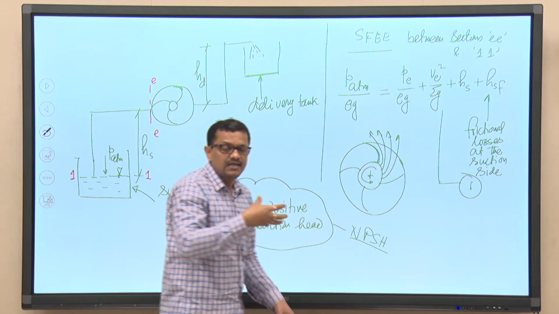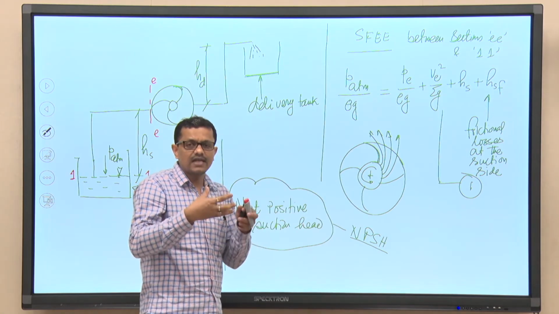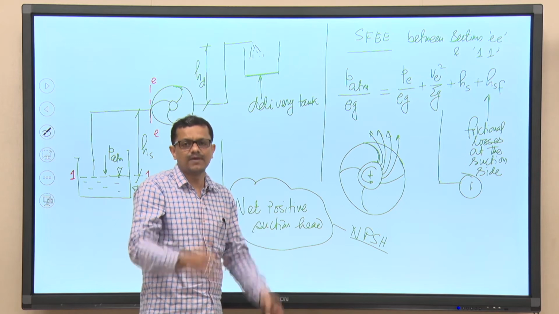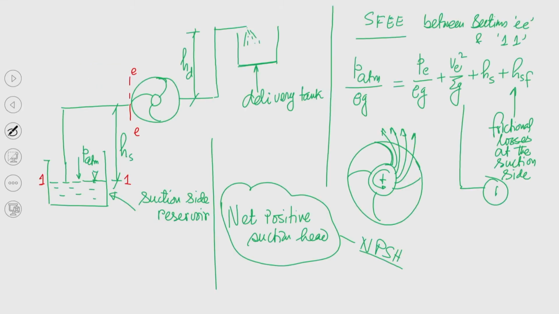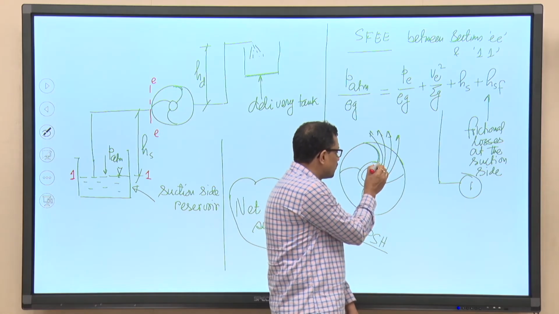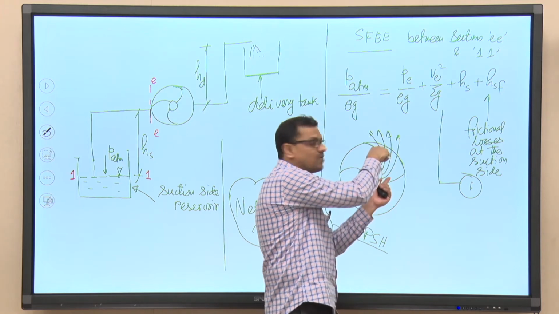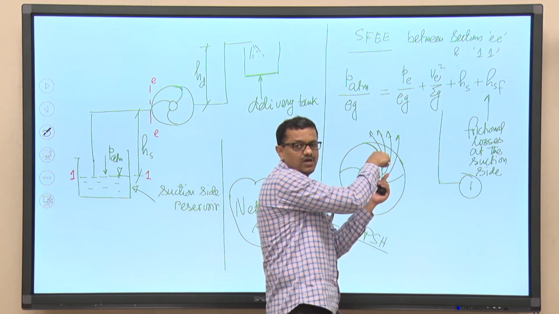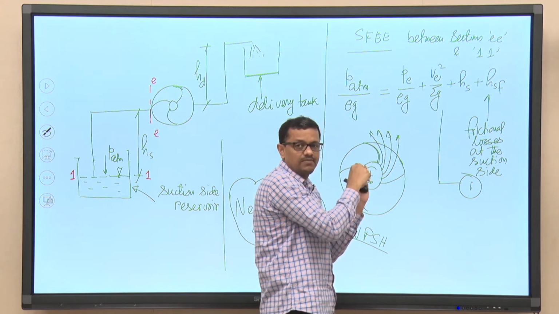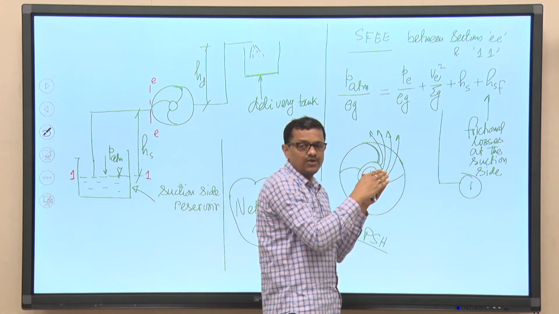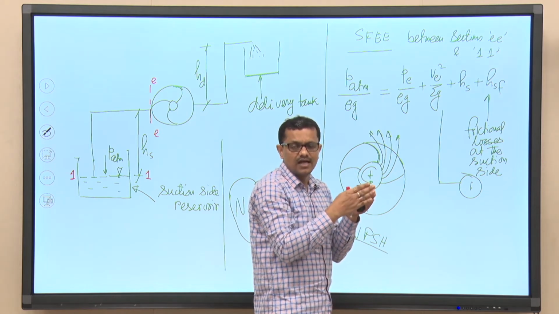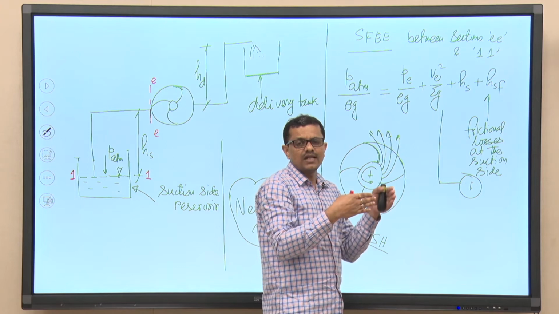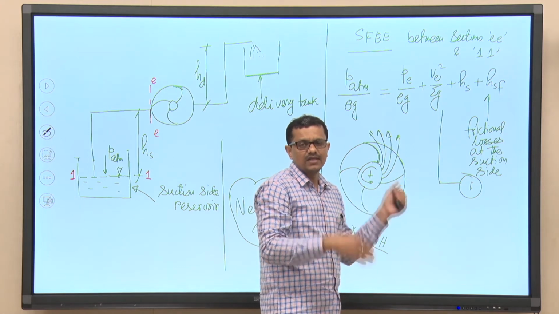whether that total head is above the head corresponding to the vapor pressure or not. So if we try to recall what I told, when liquid is moving towards the inner side of this flow passage, which is already there between two consecutive blades, the liquid will accelerate, flow velocity will be higher because of the reduction in the cross sectional area, and velocity will increase, total energy remaining constant. So definitely pressure head will be reduced.